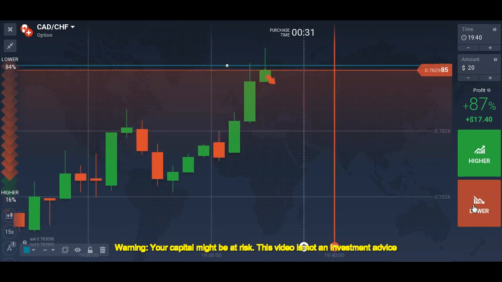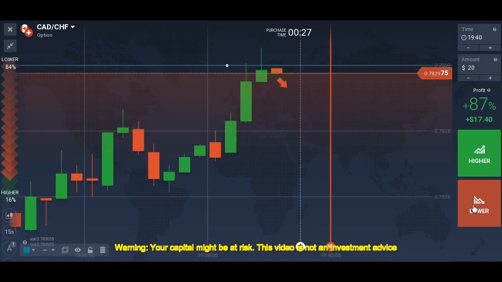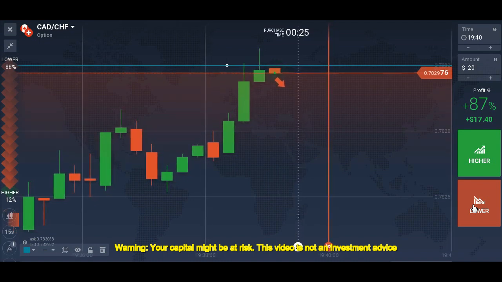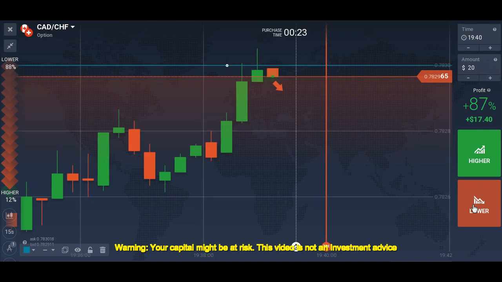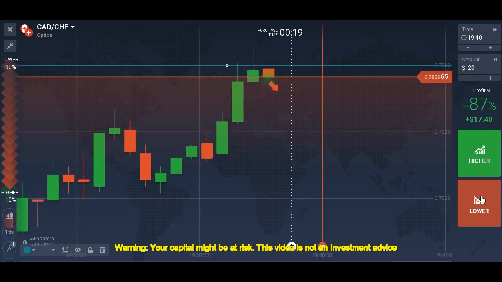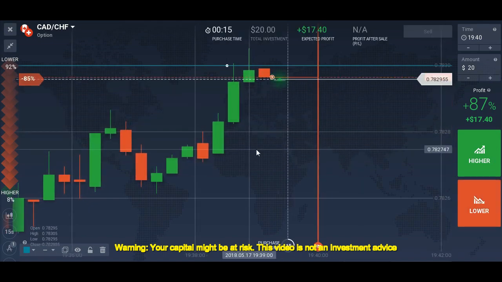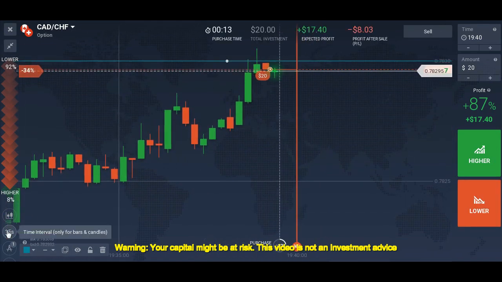A red candle is what I want now. Okay, good, that's a good sign. Yes, that's a confirmation. I placed my trade here as well. Let's move to